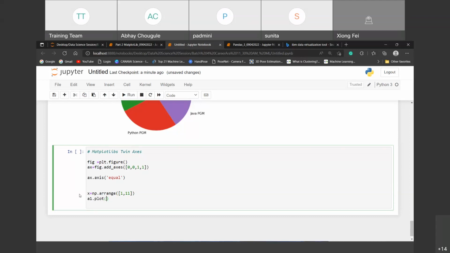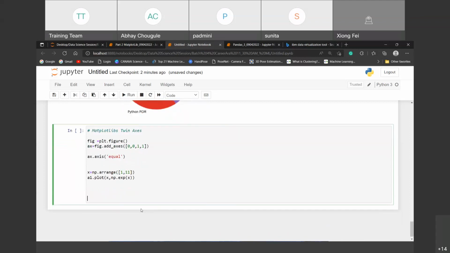You should pass X data, comma np dot exp of that X data, which means you are getting X data and this is the Y data. Okay, so you are doing the exponential data set. So check out the way I have created. You can implement like this. First X and Y data we got, np dot exponential we have done, and then